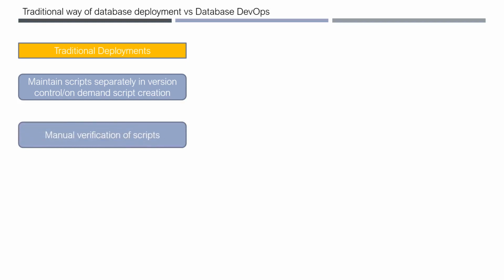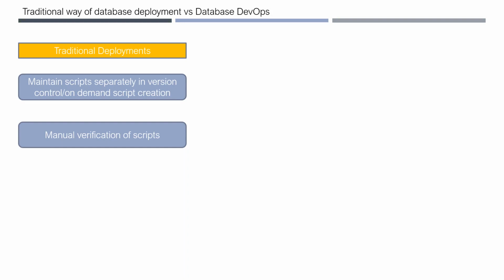So what's the other one? Manual. We just discussed manual verification, right? Database developers created some number of tables and procedures, etc., and they will be given to the database administrator. But before they deploy them to the other environments, like your test database and production database, you do have some manual calls, right? You will have a walkthrough.